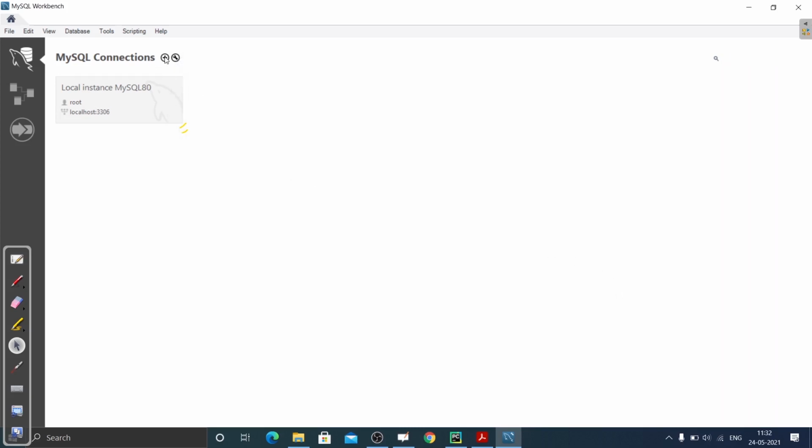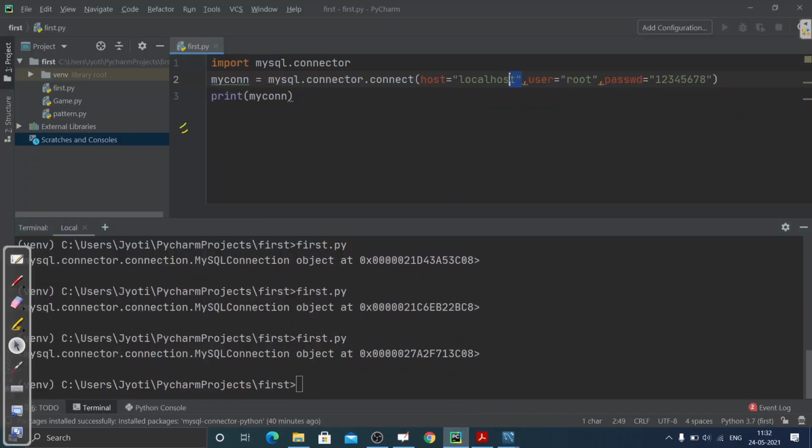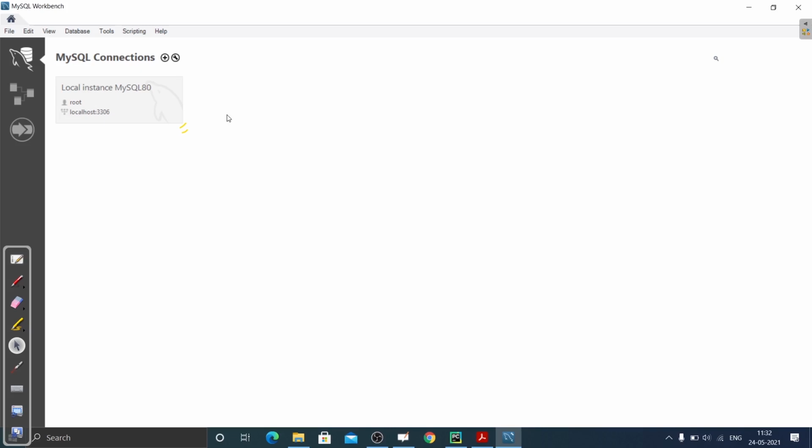Now if you want to create another connection manually, you can click this plus icon and name the connection. Here you can see the host name is changed, and now it is 127.0.0.1. If you want to connect to that specific connection that is already created, then you have to type that host name, this 127.0.0.1, and you can change the password too. So I guess now the logic of this connection is clear. You can create one, or use the already created one, and you can connect to this.